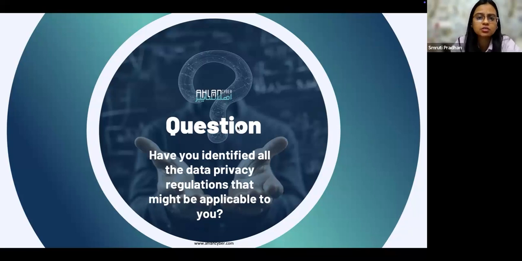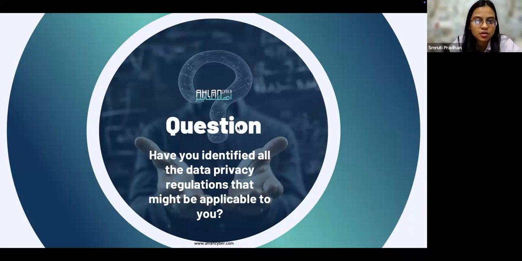So as an organization today, you might be catering to customers from the kingdom. You might be catering to customers from other Middle Eastern countries or any other European country. So do you know which data privacy regulations are applicable to you? Because whenever you are building a data privacy framework, it's very important you understand the privacy landscape that is applicable